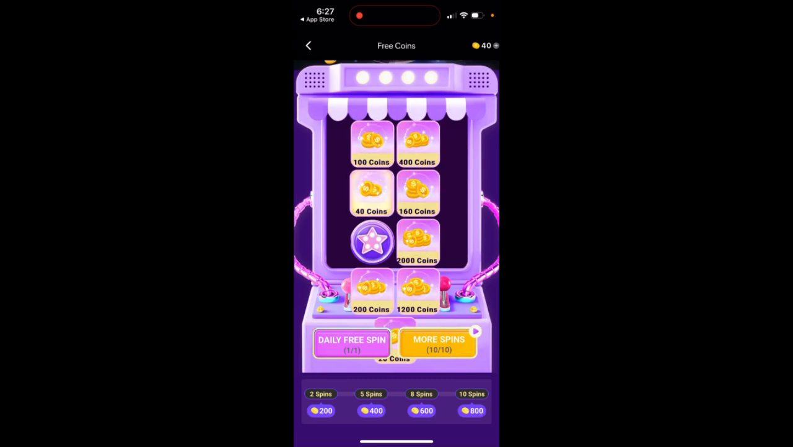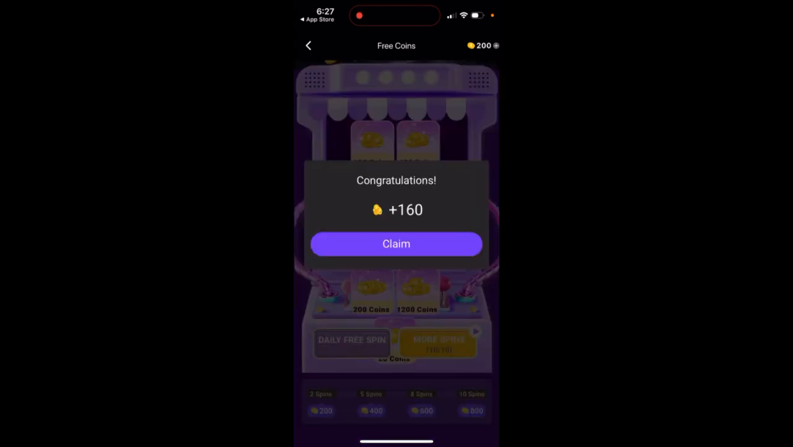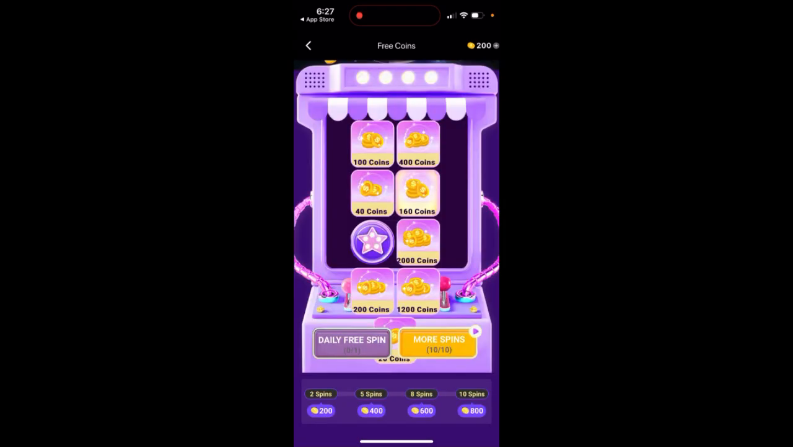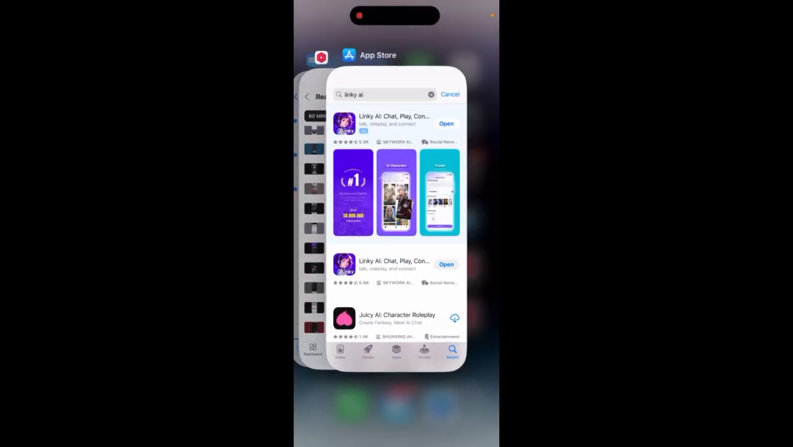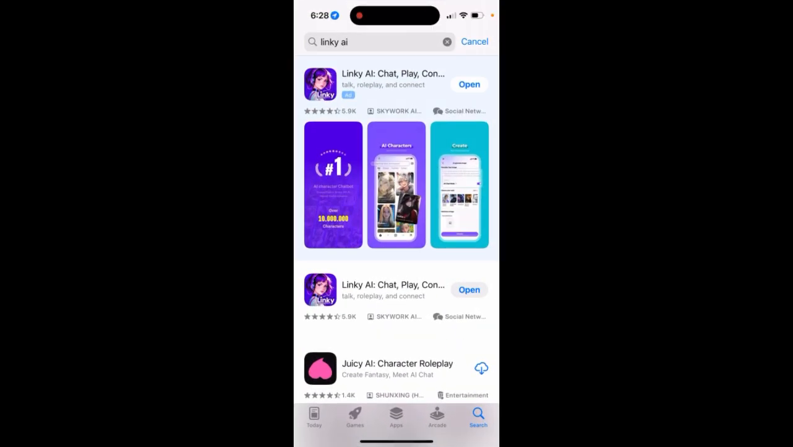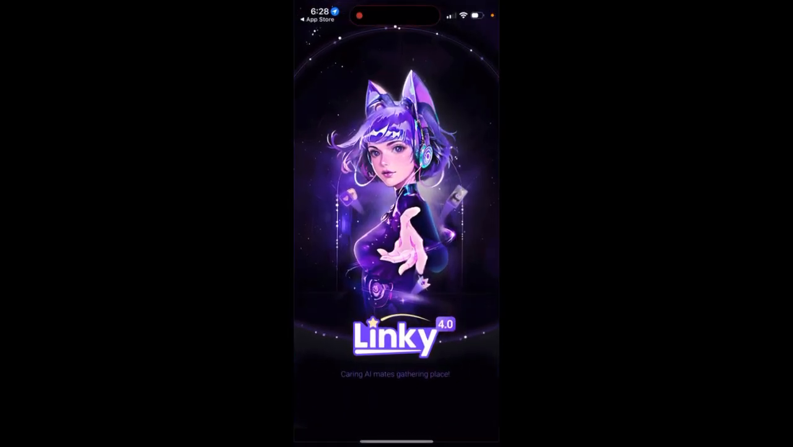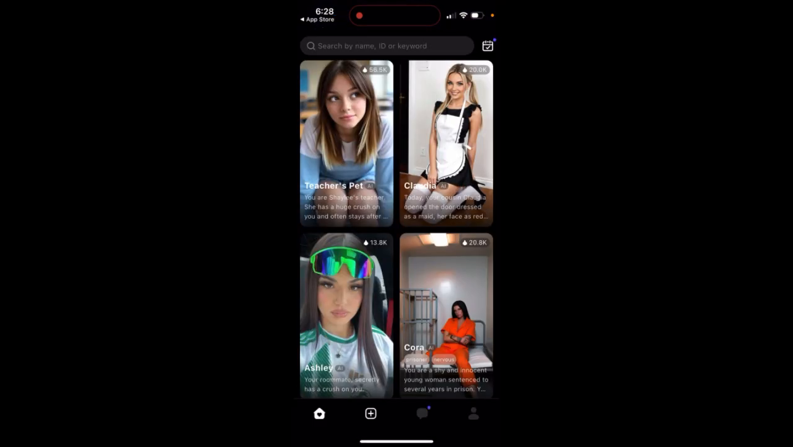you have free spin, you need to tap in the bottom, and then I just claimed coins, and then you can see more spins. Then you just need to watch ads. So that's the idea, you can watch a lot of ads, and that's how you